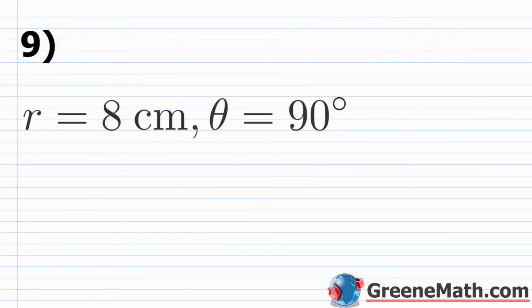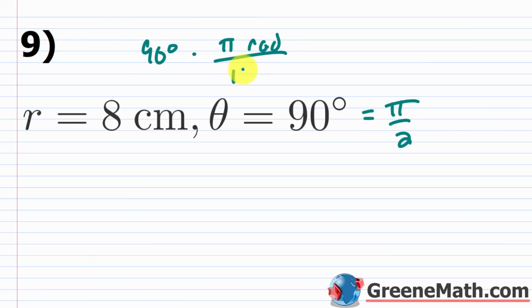Okay, let's take a look at problem number 9. So here we're going to have a radius that's 8 centimeters and a theta that's 90 degrees. So again, with the formula that I gave you, it works on radians. Now, a lot of you already know that 90 degrees is pi over 2 radians. So it's a very quick conversion. If you don't know that, again, you'd multiply 90 degrees by pi radians over 180 degrees. And so we know that this would cancel with this and give me a 2 down here, right? So this is pi over 2